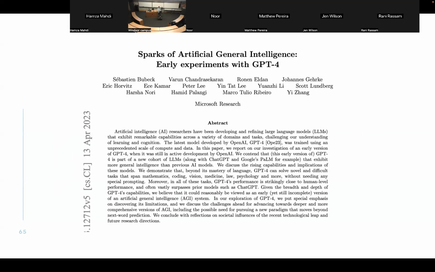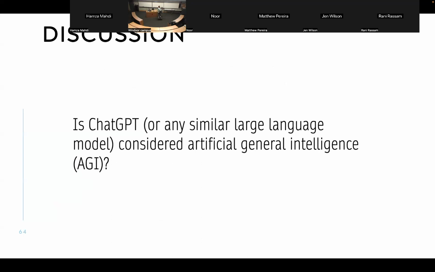Microsoft came out with a paper called Sparks of Artificial General Intelligence. When I gave this talk last year, I said, no way, GPT-3 is not general intelligence. But people have been arguing that now, with GPT-4 and the modern ones, there's other ones like Claude, Llama 3, they're actually pretty good. So I don't know. And some people argue that these companies have achieved general intelligence internally, and they're just not sharing it with the world.